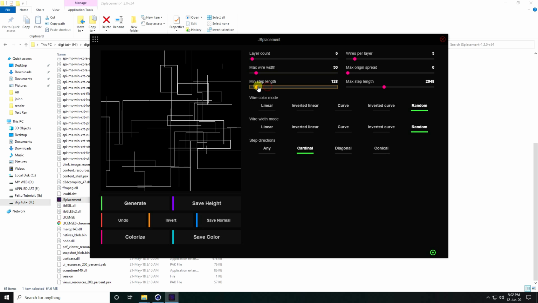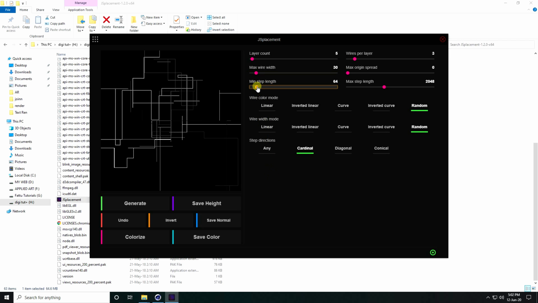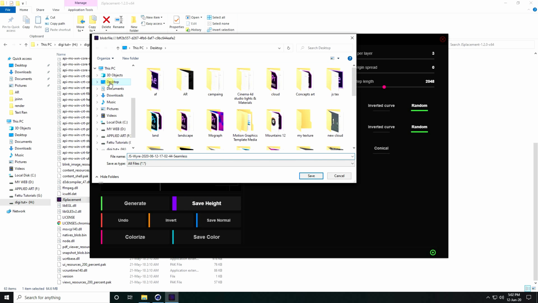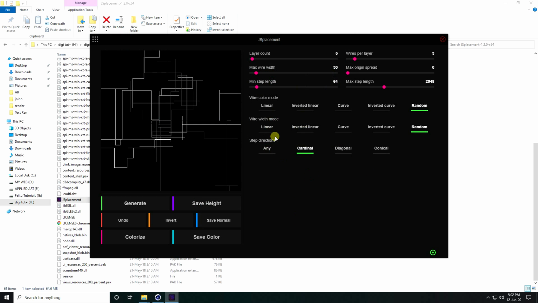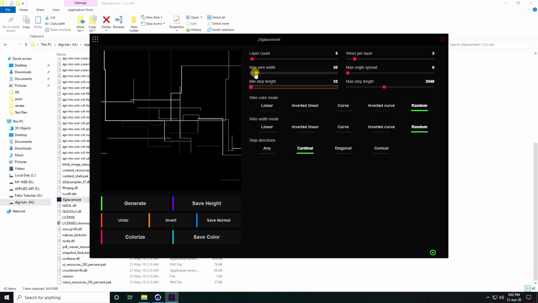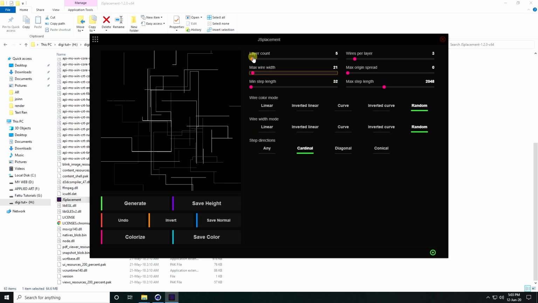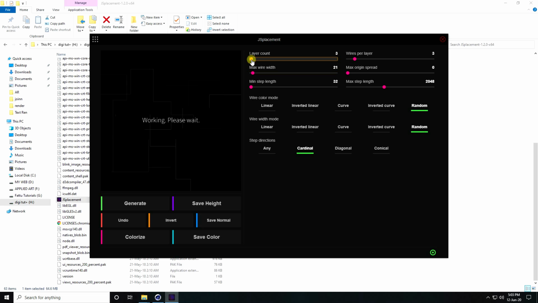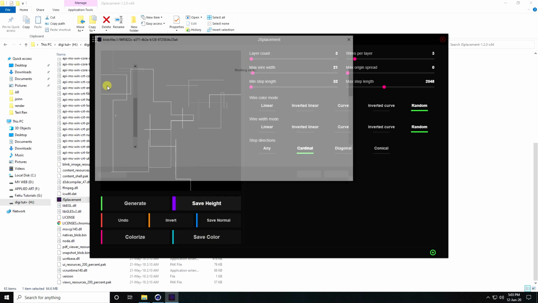See, that's my background. Save again and go to the desktop. One more time, decrease the step length and change the wire, and decrease the count also. Right, so again save.